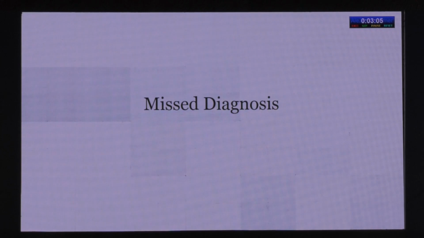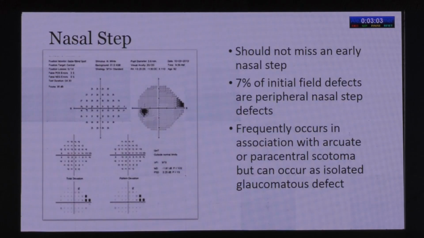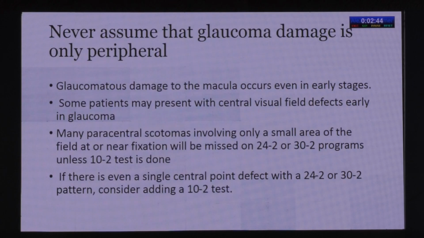Then certain misdiagnosis cases are there. One is nasal step. We should not miss an early nasal step. Usually nasal step occurs in association with other arcuate or paracentral scotoma, but it can occur as an isolated glaucomatous defect, because 7% of initial field defects are peripheral nasal step defects. So we have to be careful not to miss this, and never assume that glaucomatous damage is only peripheral,